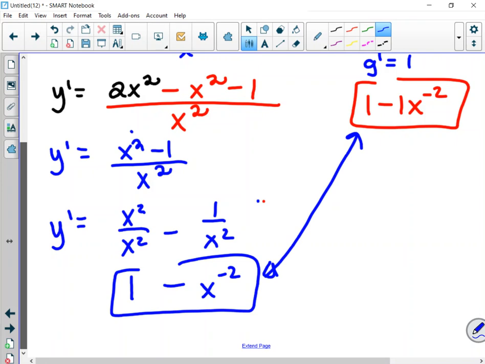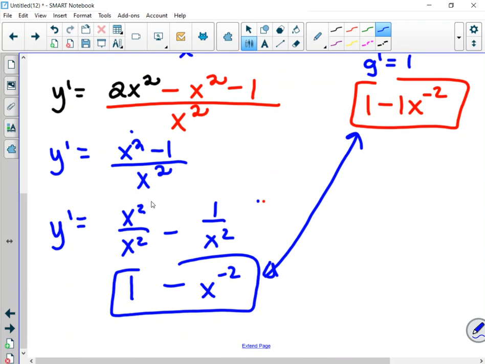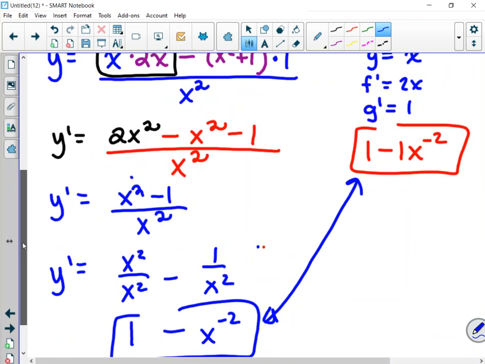Yes? If this question was on like a quiz or a test, can we just leave it as 1 minus 1 over x squared? Or should we put it up there? You can leave it as that. That's fine. That's going to be the tough thing sometimes with these quotient rule problems, knowing when to stop. Like, how much do I need to do to fix up the answer? So here's what I'll use as my guideline. Number one, if it's multiple choice, I'm looking for the right answer. So if I get to a certain point and I don't see it, I might just need to do more simplifying. If it's a free response,